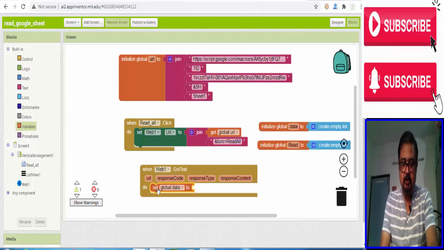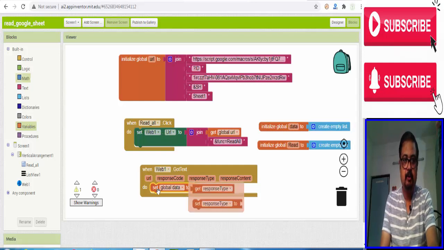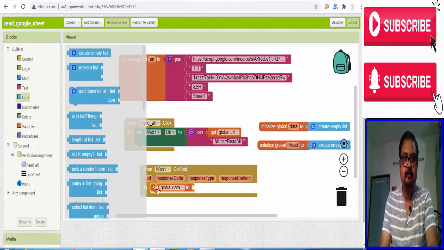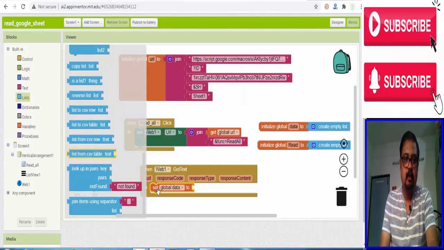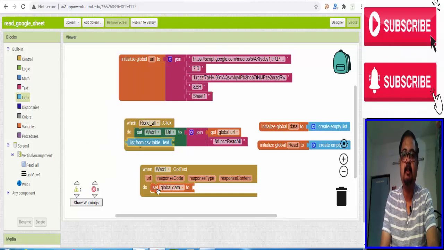The main thing we have to do now, we have to get list again. Now see, list to CSV, list from CSV table text. So we have to connect that.